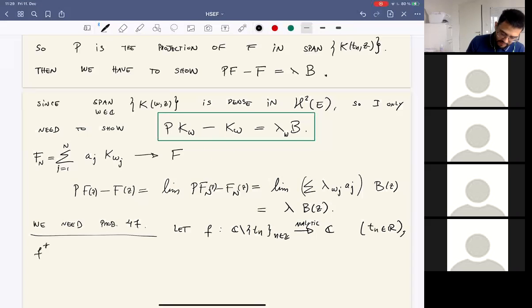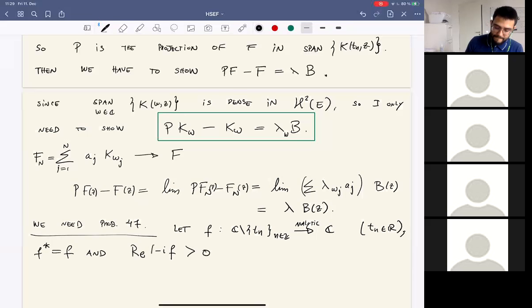I will assume that f star equals f, so on the real line f is real, and I will assume that the real part of minus i f is greater than 0